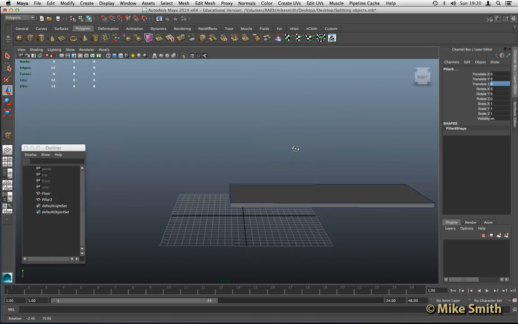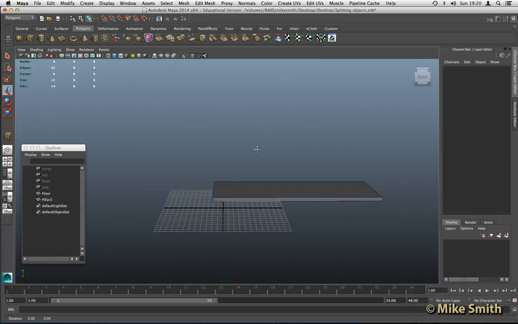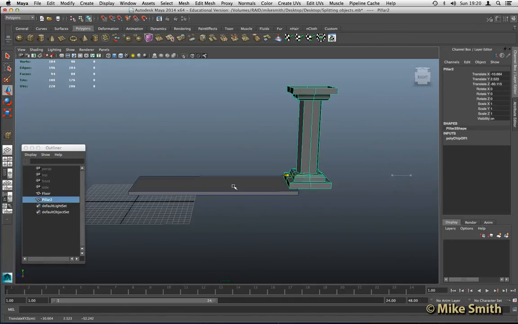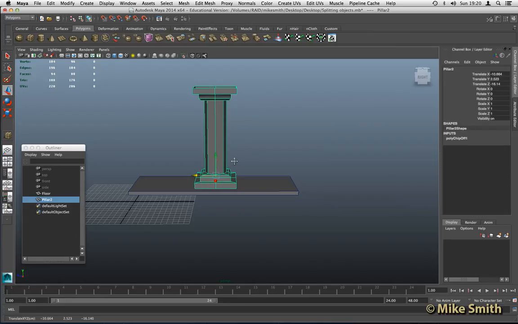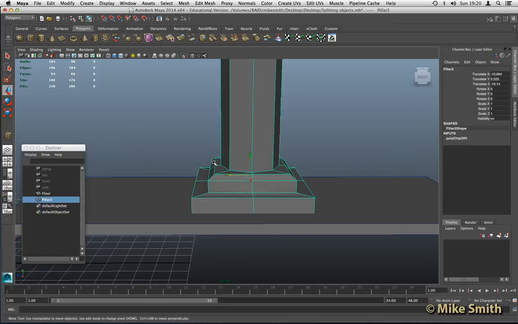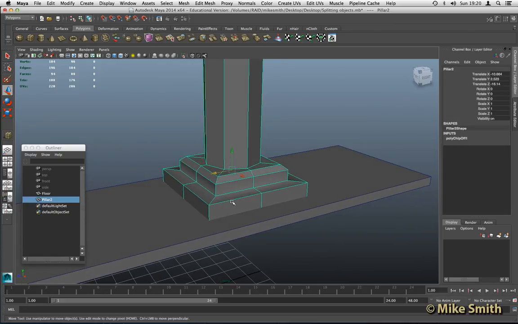I want to show you the other way, which is probably the quickest and most efficient way. So if I bring this back, again, it doesn't matter where it is. What we can do now is have a look closely at where we want to actually split our objects. And fortunately for this one, I've got some definite edges here, and these edges go all the way around. So I'm going to split those by detaching different components from these edges. So go into your edge mode,